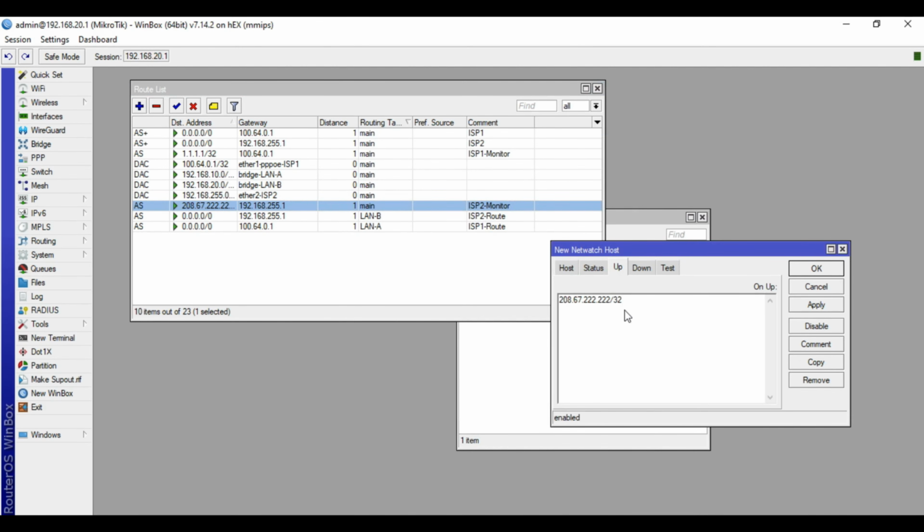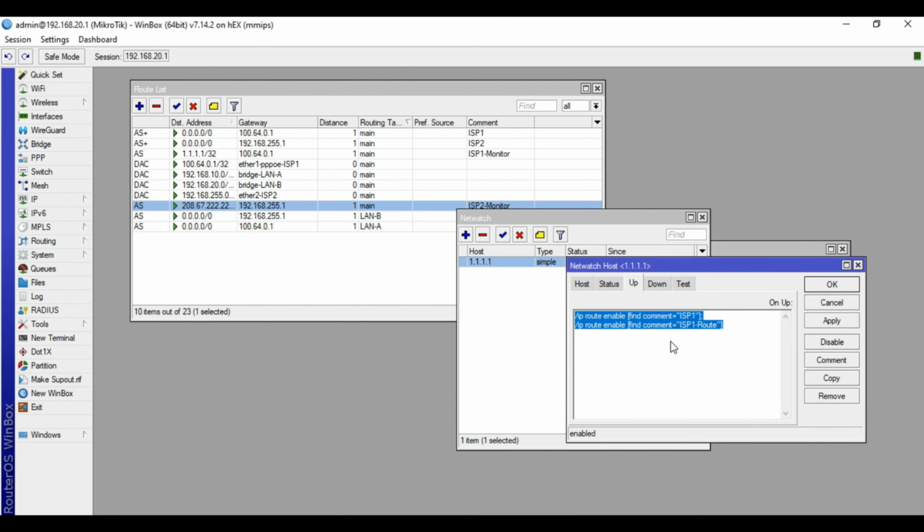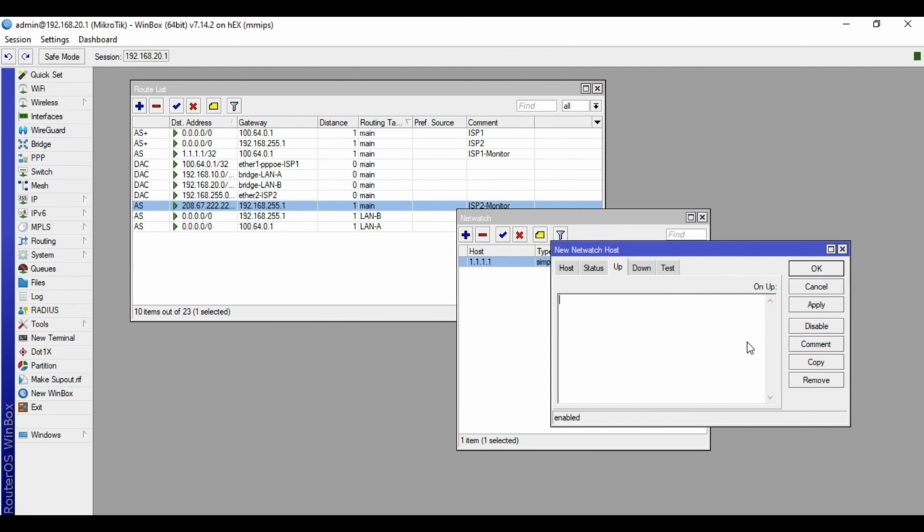For the up, we will just copy the previous. We will change this to ISP2. For the down as well. Click apply, then okay.